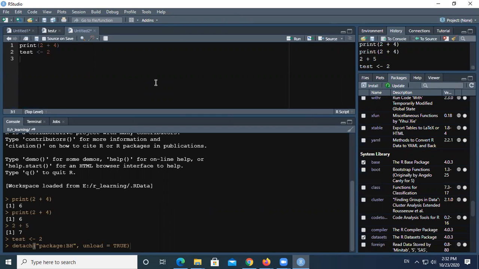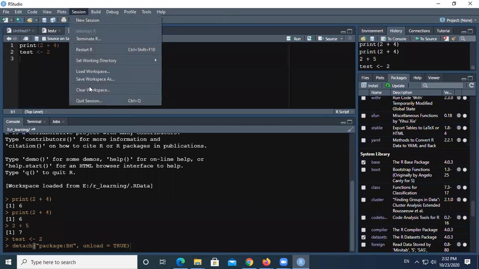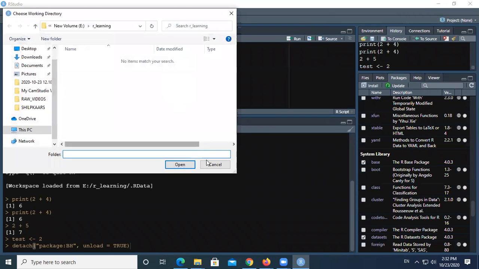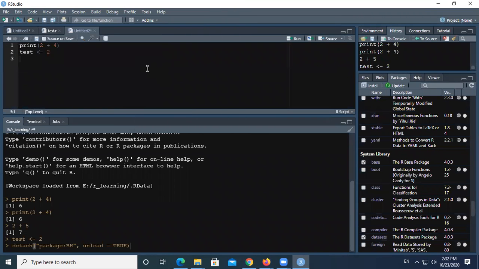Okay, so I was talking about how to change the working directory on a session to session basis. That option is available under the Session tab, and then you can set the working directory and choose directory. So let's say, for example, you are working on a project for a different department, let's say HR, and earlier you were working for the operations department.